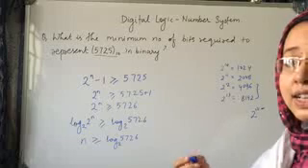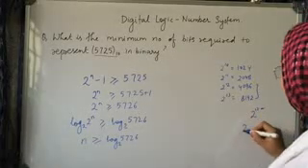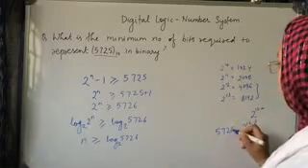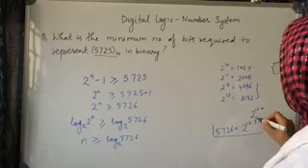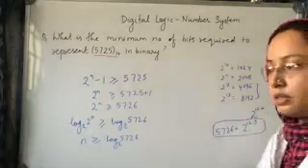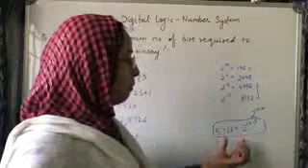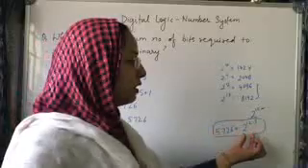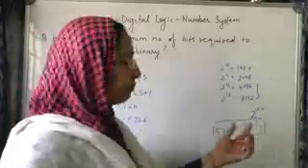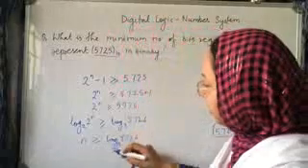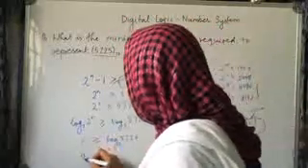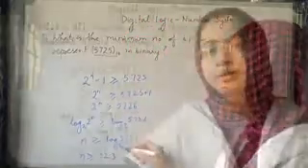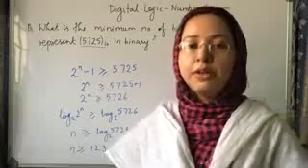So let's say I am assuming that this is equal to 2 to the power of 12.3. I am approximating this, assuming that this is equal to this. Okay, it's not an exact number, but it will be in between these values. That's why I am assuming that this is 2 to the power of 12.3. So now we can replace this using 12.3. So now what will be your answer?